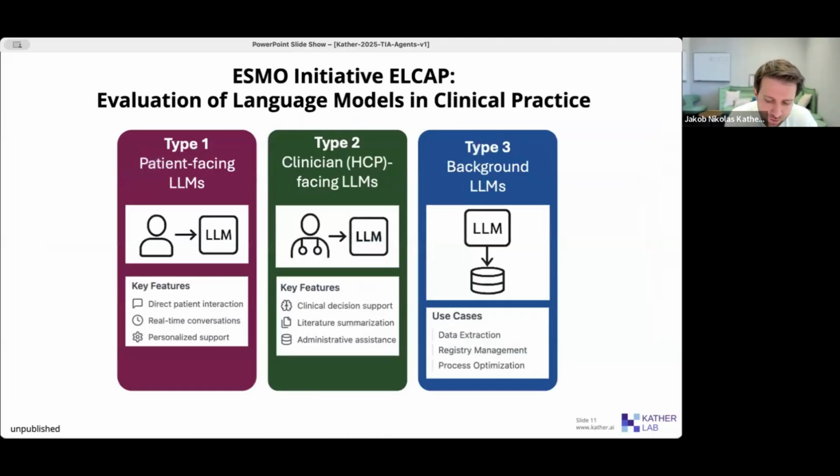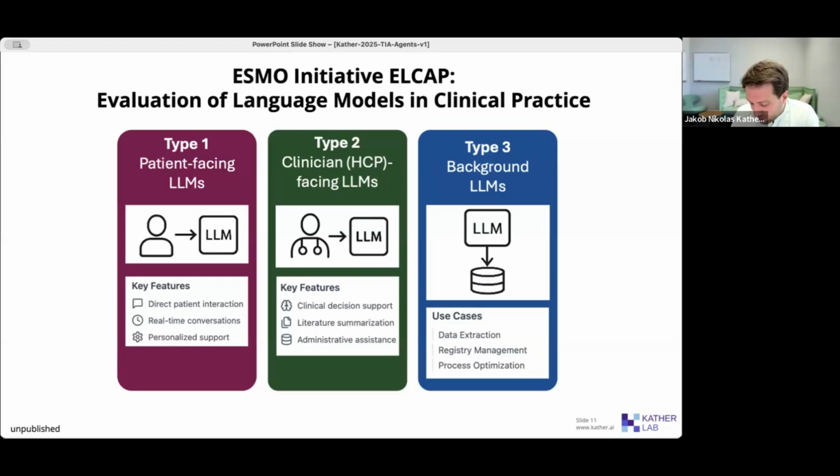Just again, coming back to a clinical point of view, I just want to say that there are now efforts ongoing in our professional society, ESMO, the European Society of Medical Oncology, where we are trying to categorize the use of large language models in clinical practice of oncology. If you are ever doing research on a clinical application of large language models in oncology, or even in pathology,